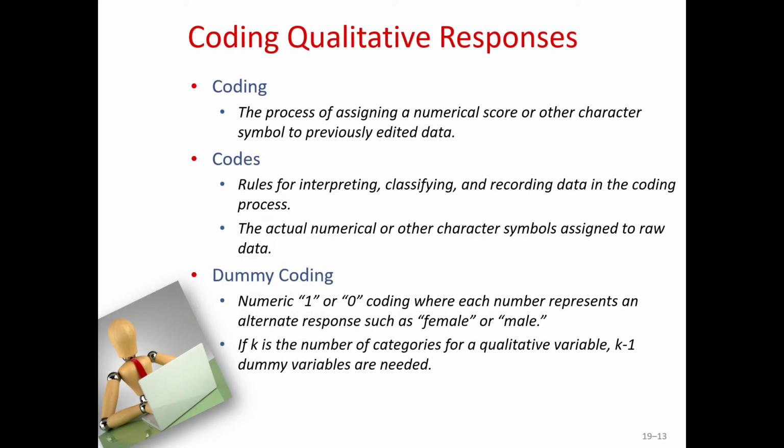Coding. Editing is different from coding, which is the assignment of numerical scores or classifying symbols to previously edited data. Careful editing makes the coding job easier, and codes are meant to represent the meaning in the data. Assigning numerical symbols permits the transfer of data from questionnaire or interview forms to a computer, and codes often, but not always, are numerical symbols. However, they are more broadly defined as rules for interpreting, classifying, and recording data. In qualitative research, numbers are seldom used for codes.